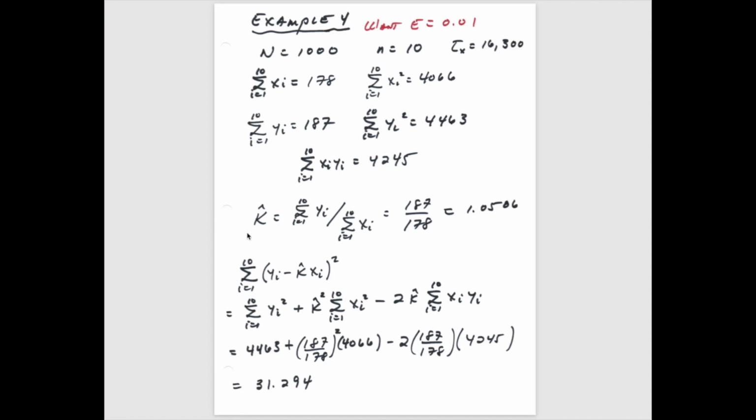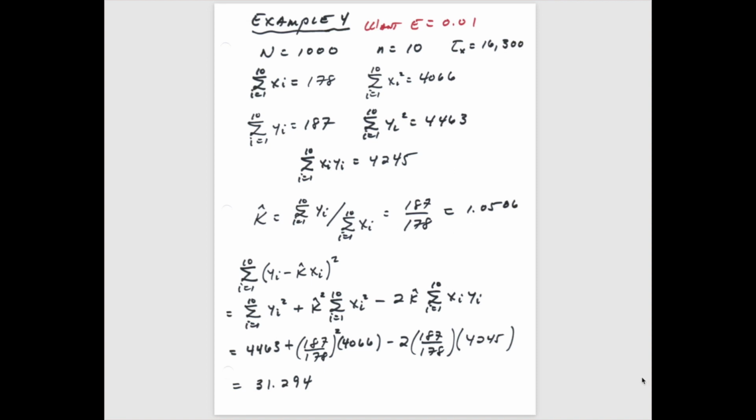So with those values, in particular, with the sum of the y's and the sum of the x's, we can calculate the point estimate for the proportionality constant, the point estimate being denoted by k hat. That's equal to the ratio of the sum of the y's to the sum of the x's in the sample, and so we get